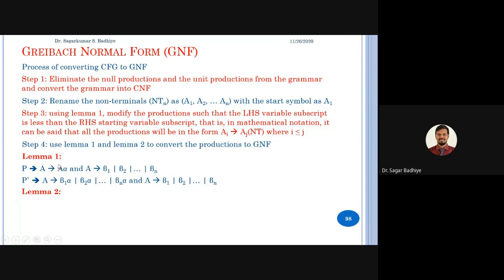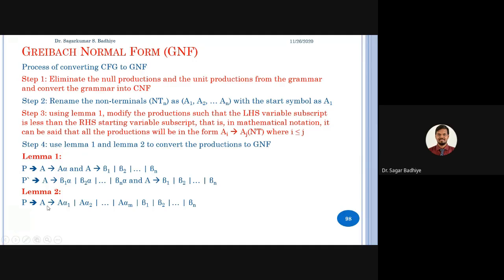That is, the first symbol will be the same, but there can be multiple rules wherein the first symbol is the same as the left hand side symbol, but after that there can be any combination of variables, right? So like this, suppose there are production rules such that A derives to A alpha 1, then A alpha 2. Here alpha can be anything, any combination of terminals and non-terminals. Okay. But this alpha 1 will be different from alpha 2, alpha 2 will be different from alpha 3 and so on. So there are multiple rules